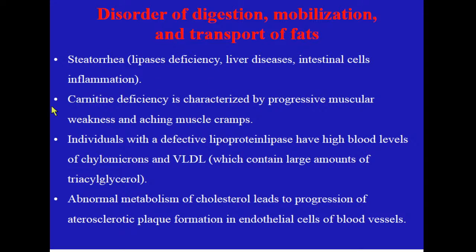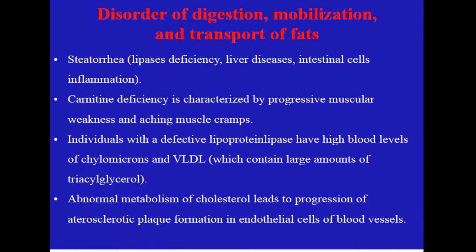Then remember that there are inherited problems with beta oxidation, for example carnitine deficiency, and problems with the transport of fatty acids. I also told you about problems with enzymes, for example medium chain fatty acid acyl-CoA dehydrogenase, first stage of dehydrogenation, which is combined with unexpected death in newborns.